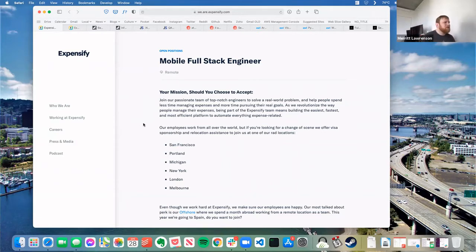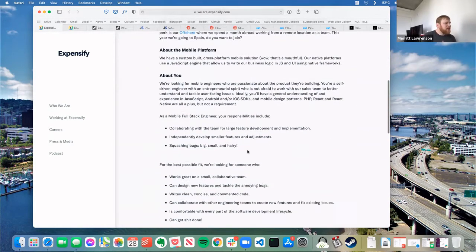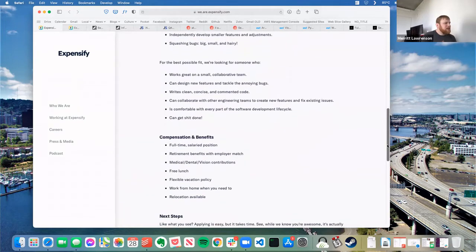So let's go ahead and look at the 2 positions they have open. I've got a full stack engineer and a mobile full stack engineer. So obviously there's a little bit of a difference there, right? One is mobile development and one is just full stack web development. But one of these job listings is targeted at junior level developers, and one is targeted at mid-level developers, even though they've got almost exactly the same position title,